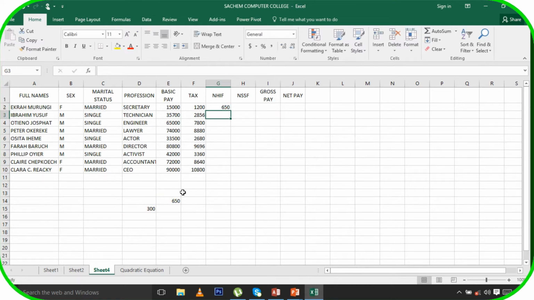Then press enter, and you see the first answer is 650 because this marital status is married. You can see the others, for example 300 because they are single. You can calculate now the NSSF,